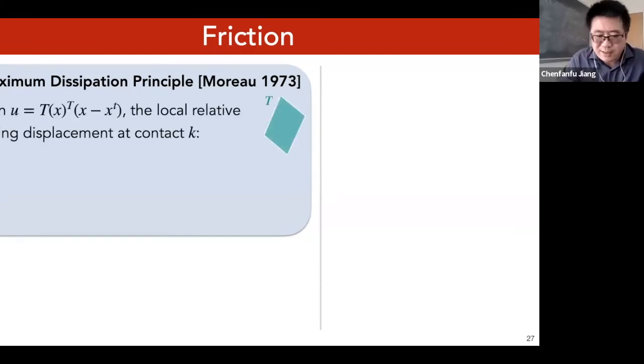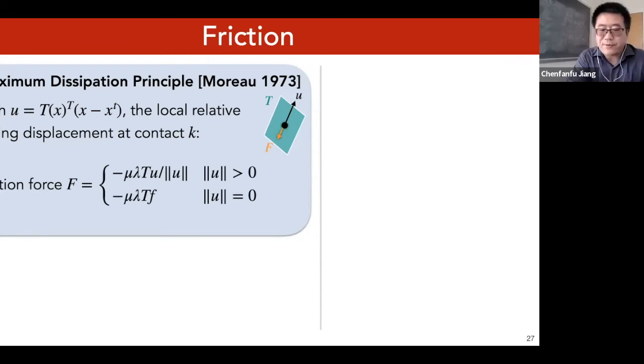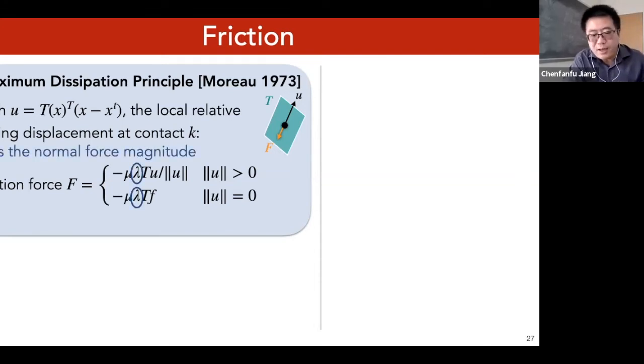I think we're going to skip the details, but basically you can use a tangent operator T to compute a local 2D relative sliding displacement for a pair of geometry, mapping the position vectors to the 2D plane. Then the friction force can be defined in 2 cases, corresponding to dynamic and static friction. In the dynamic case, the relative sliding velocity is non-zero, and friction is proportional to lambda, the normal force magnitude. And for static